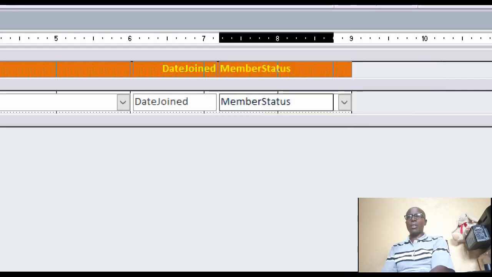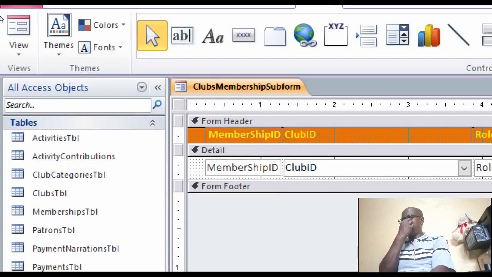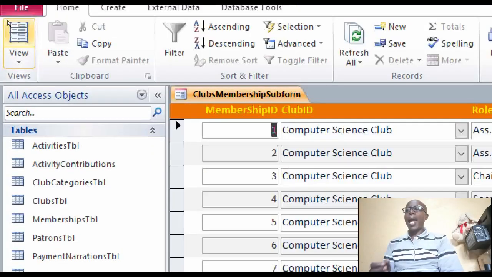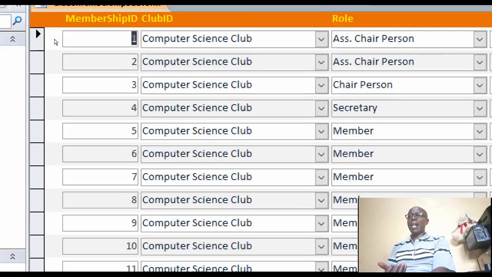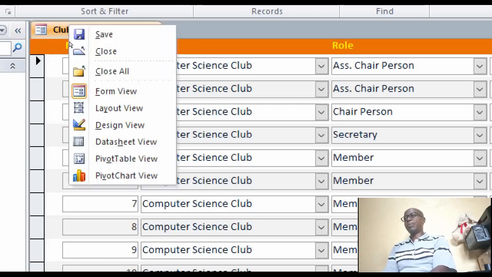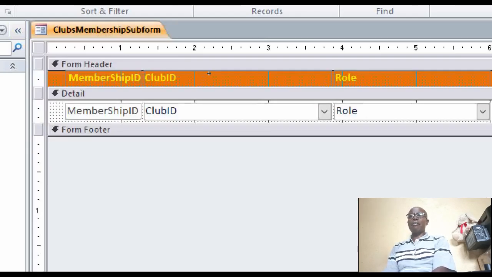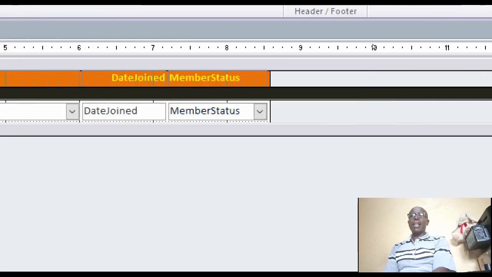I can also decrease once again there to have a surplus space on the form. I reduce like that. I display in form view, and there it is again. I don't like the grays now that I'm talking about a brown theme, so I'm going to choose a lighter color for my alternating color. So I go back to design view, and in the details bar, I double click it to display the